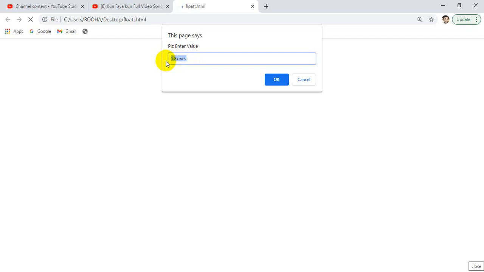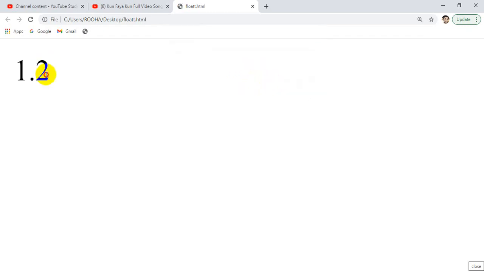and that value will be stored inside variable A, and by using parseFloat this value will be converted. The first thing it will read, it will say okay, 1 is a number. Then it will say okay, the dot is part of a decimal, so I will convert it, no problem. Then it will read 2, and say okay, I will display 2, but after 2 there is a K, and K is not a number, so your output will be 1.2. See, your output is 1.2.